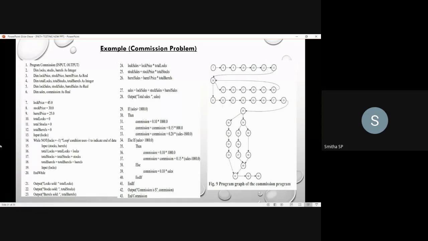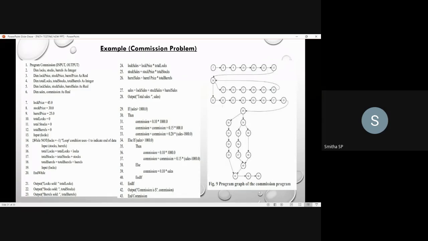Next, from 13th to 14th there is a control flow. Once the logs value has been given as input, you check whether that logs value equals -1 or not. That's why there is a control flow between 13th and 14th, represented through an edge. Next, the 14th line is a while loop, isn't it?